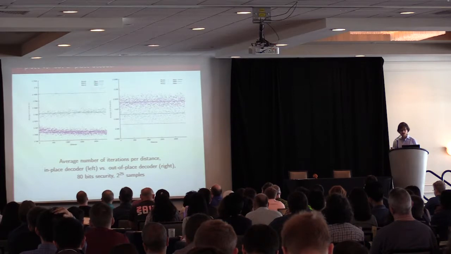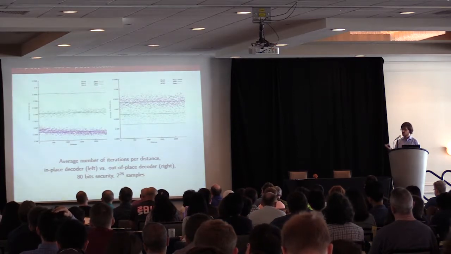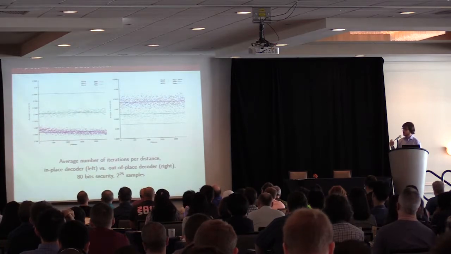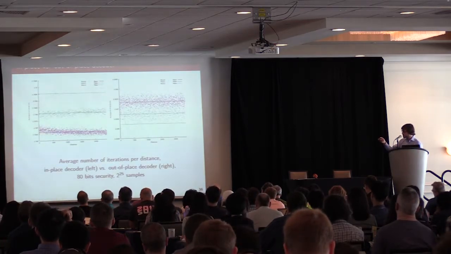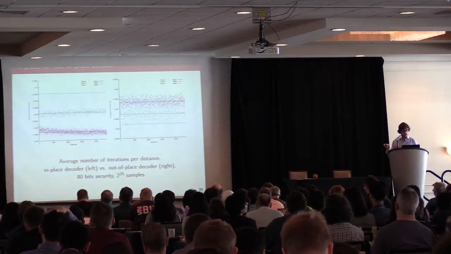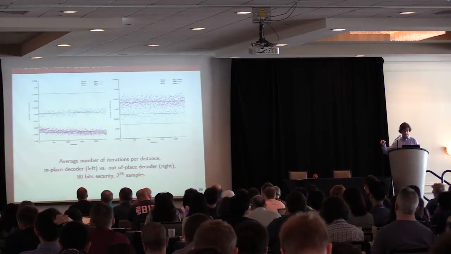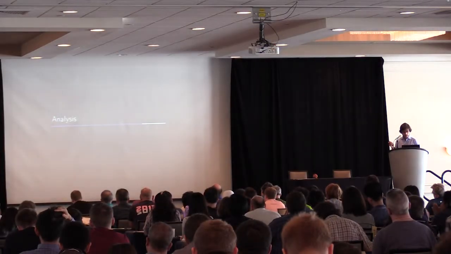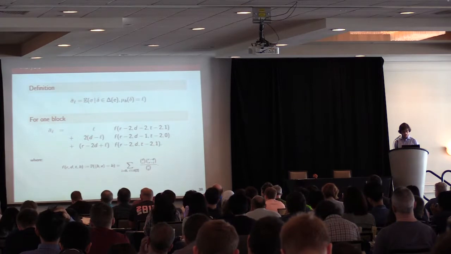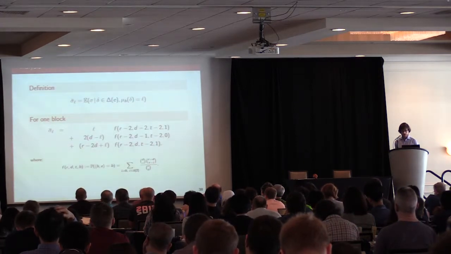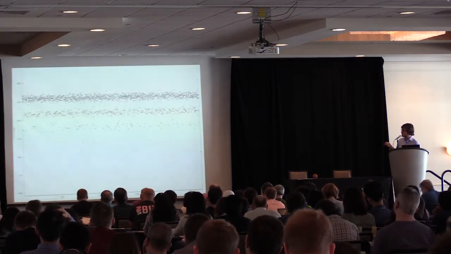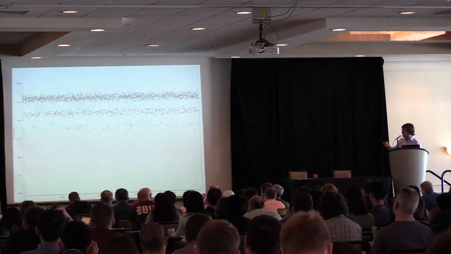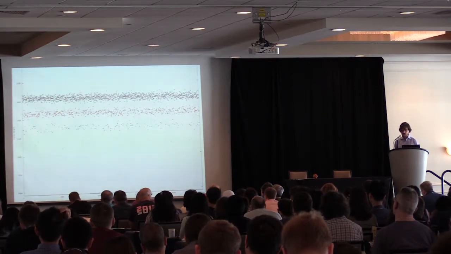Also, another interesting choice is your implementation choice. Whether you choose in-place or out-of-place decoding could in fact invert the sense of the correlation. Here you see that the purple cluster is lower in the first example, in-place decoding, and higher in the out-of-place decoding. Now with our tools, we can also compute the average values of those clusters, the black cluster, the red one, and we have formulas for those.